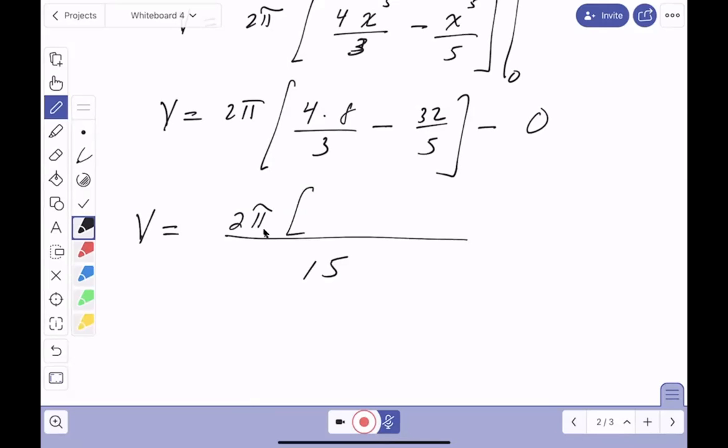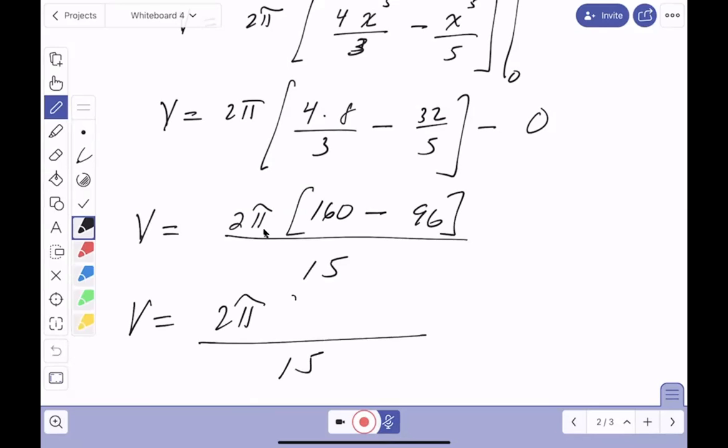Let's see, you would get 20 times 8, 160, minus 3 times 32, which would be 96. And yeah, I know it's annoying to do arithmetic, but you have to learn arithmetic certainly if you want to move forward. 160 minus 96 is going to be 64, right? And what's that going to give me? Well, 2 times 64 is 128